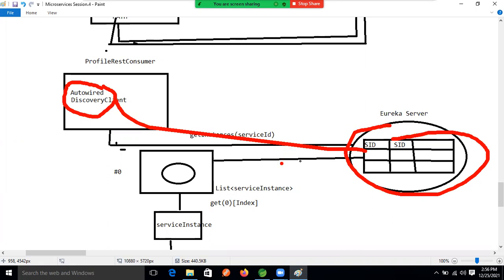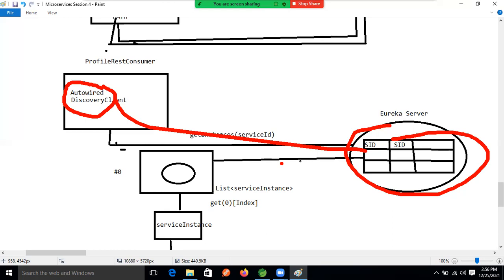Now, does anyone remember? When I started the microservices session, one person asked what is the difference between REST template and the Feign client. Without the explanation of this area, the person would not really understand the difference.